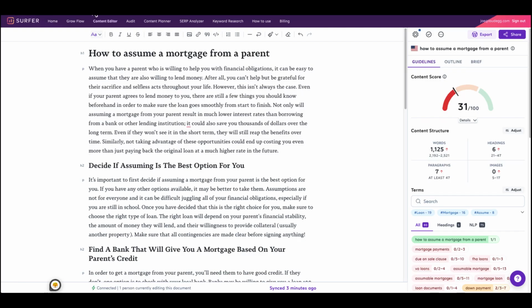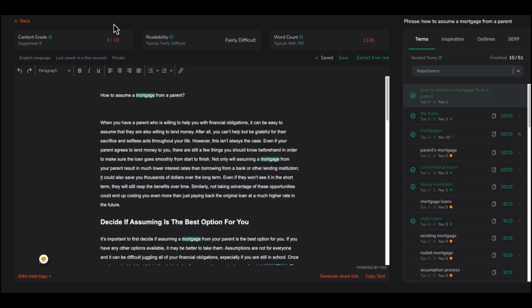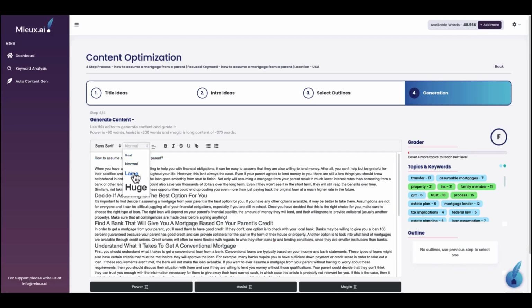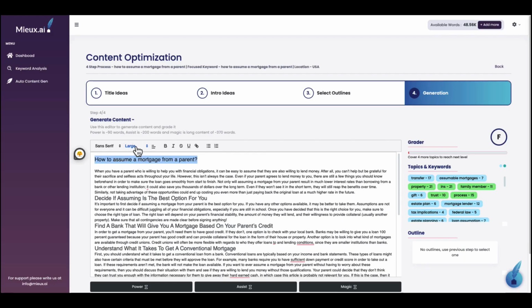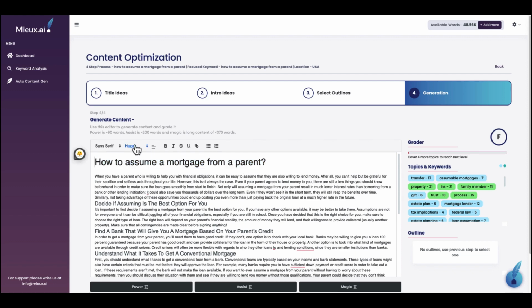Let me see. To assume a mortgage from a parent, yeah. Now with this one, they don't have H1s, they just have H2s. They just have huge, large, normal, small. So I guess we'll just do huge and bold. All right, so we set up all of them just to get things going.